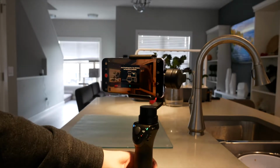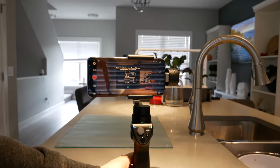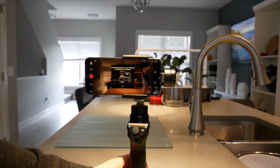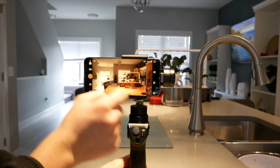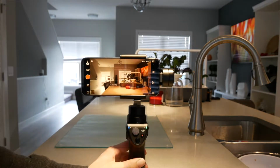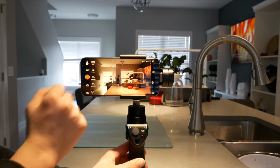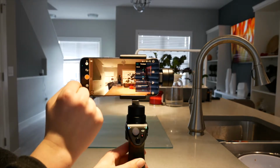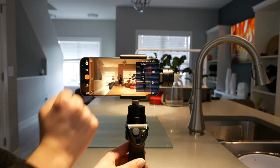So as you can see, it looks very similar to whatever photo camera app you have on your phone, with a couple other very cool features, particularly the time lapses. So you see, there's actually 3 types here: time lapse, hyperlapse, and motion lapse, or as they have it here,